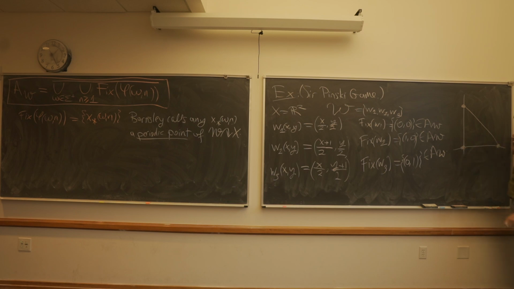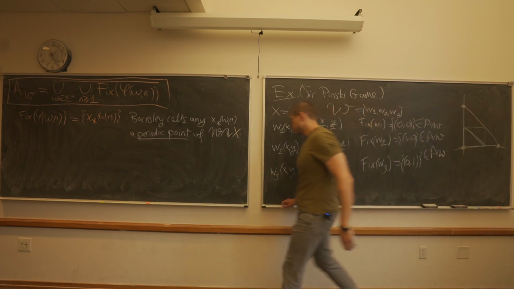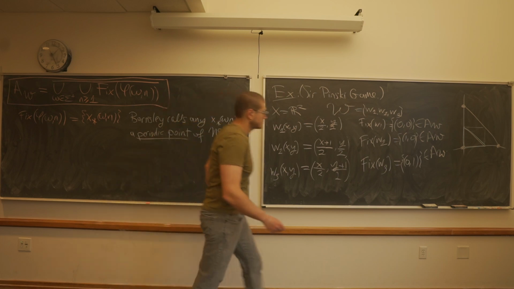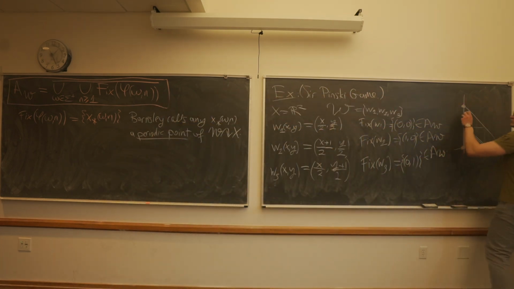Here are the 3 fixed points that we have already, and then you're going to have more, right? So W1 takes this and turns it into this. Inside is included, of course, but I'm not going to draw it because otherwise it's not going to be seen. And then this is W2. Sorry, this is W3, and this is W2.